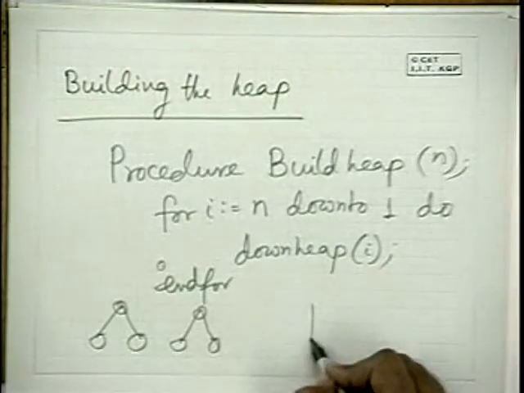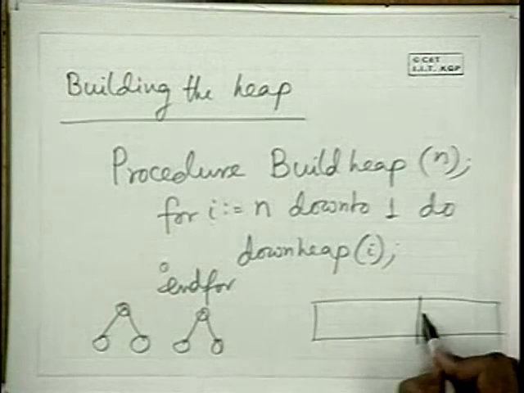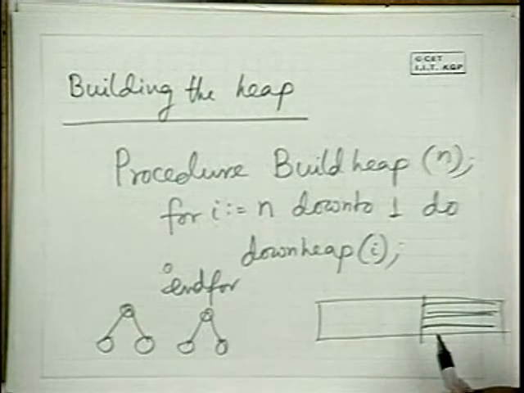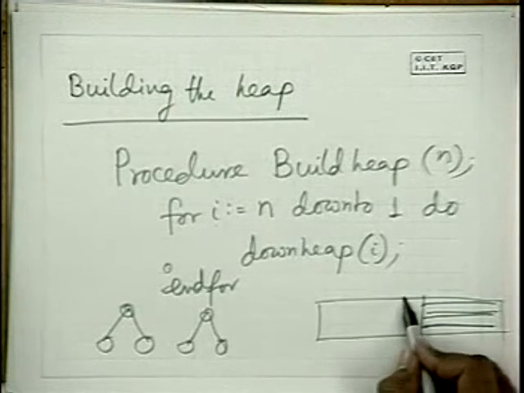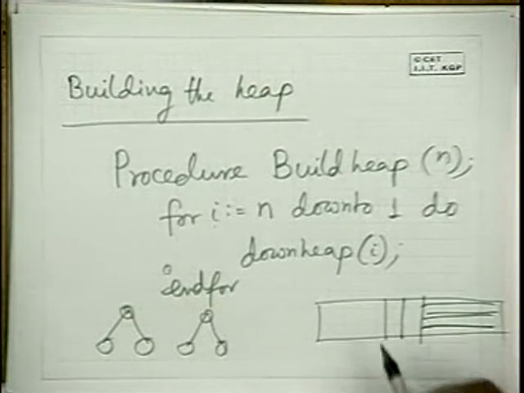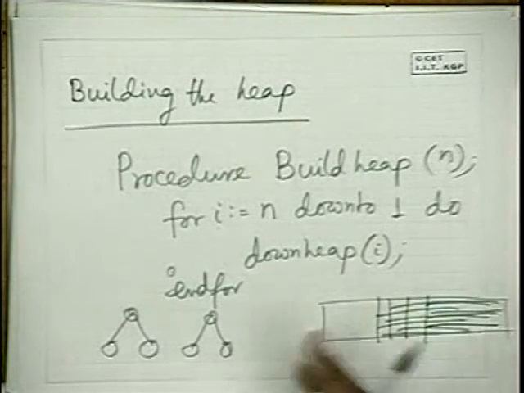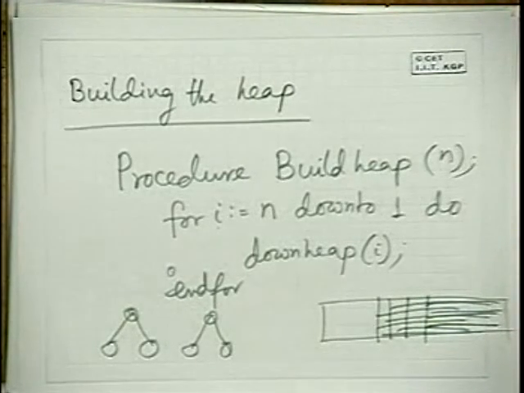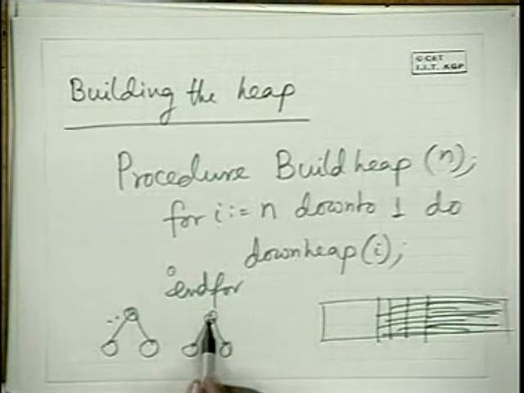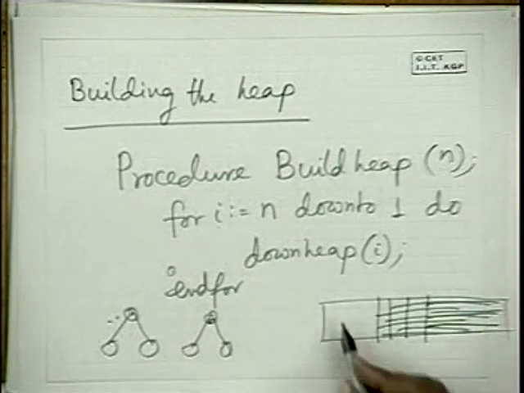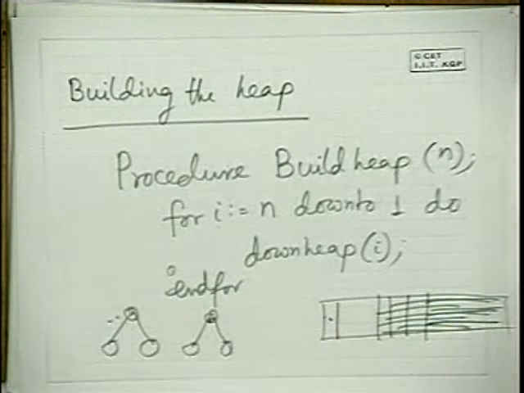Okay, so in terms of array, what does it mean? Suppose it has taken care of this part of the elements. So next one, it is taking care of the next element, and the next element, and always keeping this part as a heap structure. It's a bunch of heaps, because here there are two heaps basically. But ultimately this will put the entire thing into one heap. This is the picture. You should always keep the picture in mind, what it is actually doing. So this is the way it is building the heap.